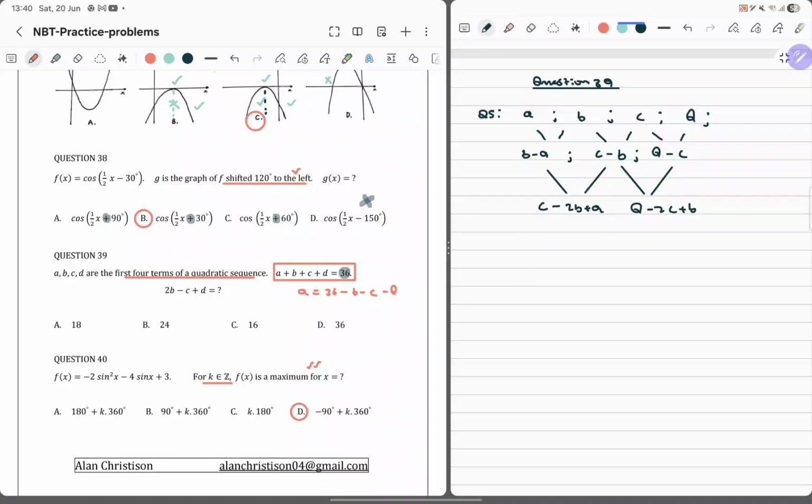Okay, all right. So now let's think. What do we know? We know that c minus 2b plus a is the same as d minus 2c plus b. If we move everything to the one side,